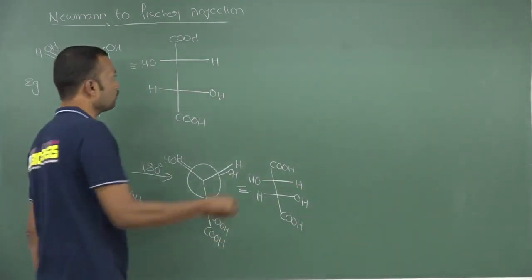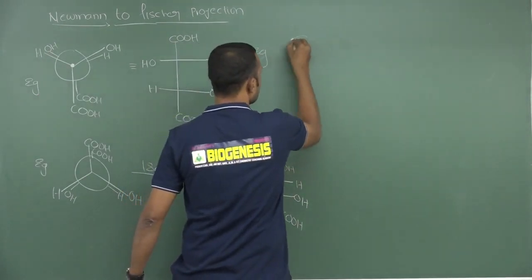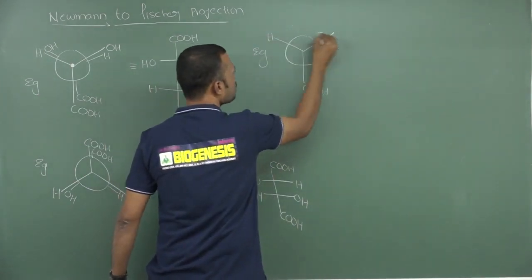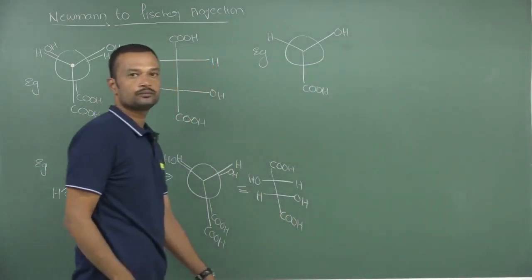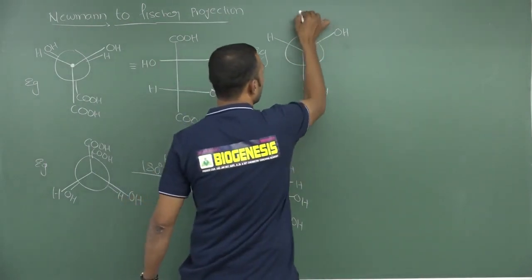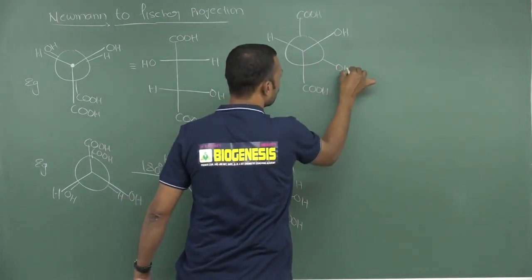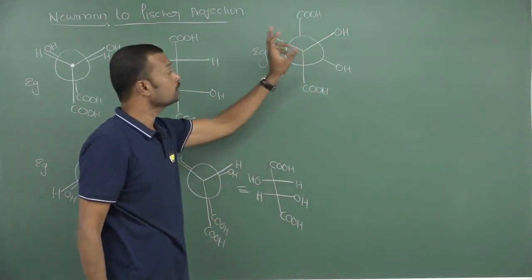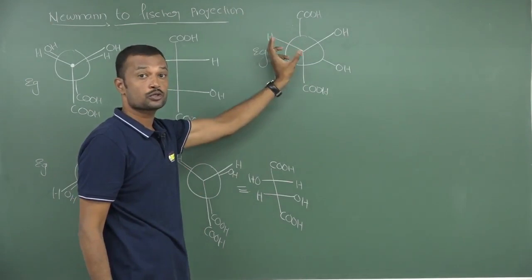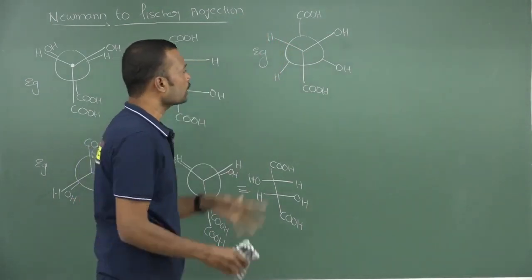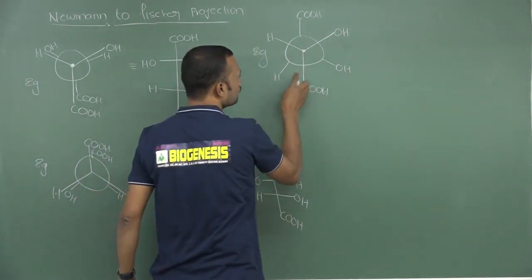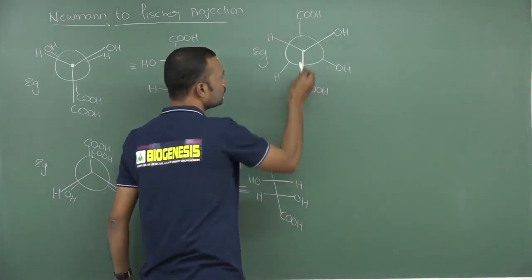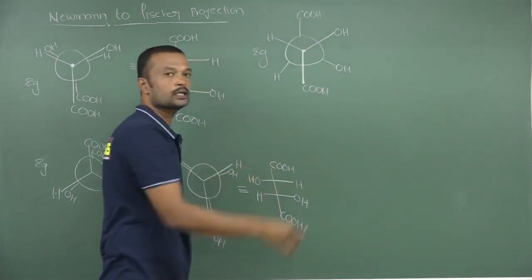We will take one more example with an improper representation. See, I am writing Newman, carboxylic acid, H and this is OH. Okay. So I am writing a staggered conformer: COOH and this is OH and here H. In order to convert this Newman into Fischer, first of all bring this improper Newman projection into the eclipsed conformer. So in order to convert into eclipsed, fix the front carbon. Why? Because already this terminal is in the downward direction. But on the rear carbon, carboxylic acid is exactly opposite.